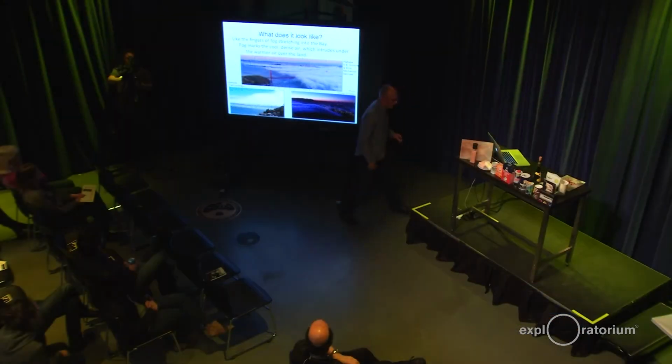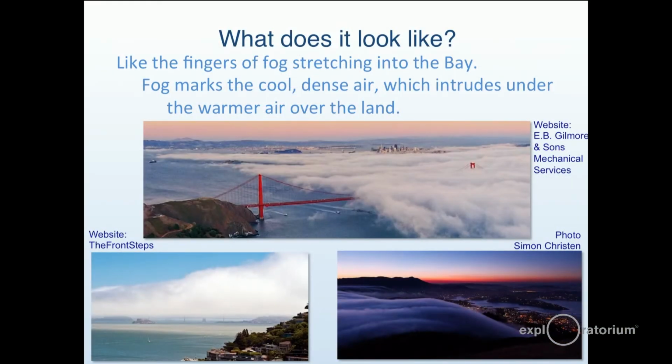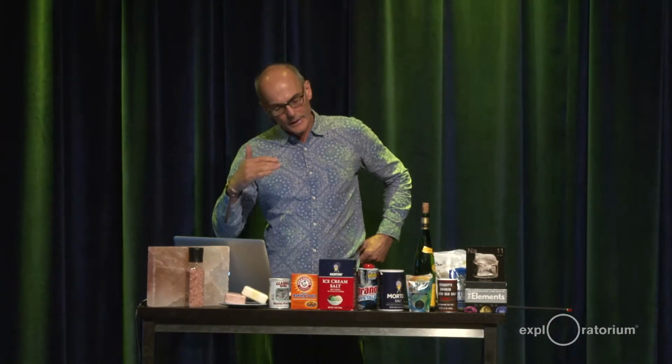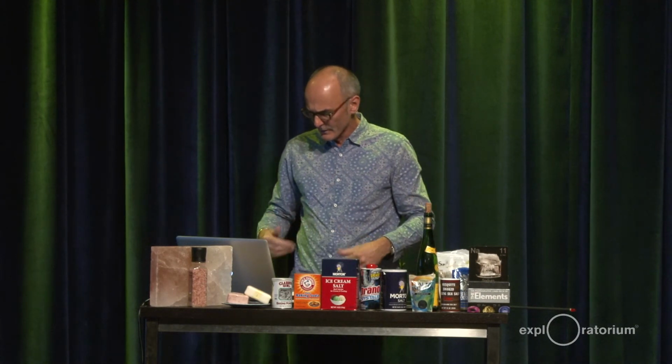Same story, that cold air is dense air, and so it's trying to push in underneath the warm air of the bay, and it's nicely marked by being foggy. It's a little more complex because the fog can kind of vaporize and all the thermodynamics, whereas the water coming into the bay can't vaporize, it has to kind of get out of the bay again.